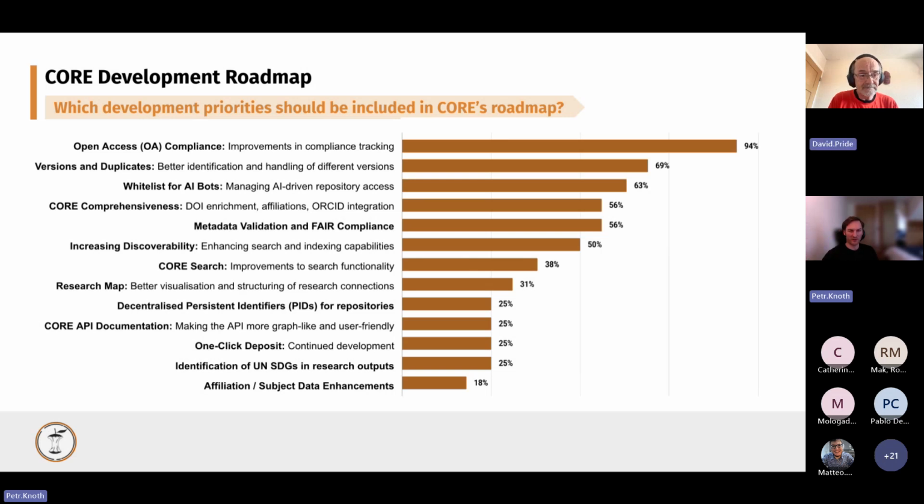When we look at the first 5, of course this will prompt us to do more work on open access compliance and more work on versions and duplicates. We will aim to improve these existing modules. For the AI bots, it will mean that we will work towards building something new and working with the community on agreeing how that new thing, for instance this whitelist for AI bots, should actually be built. It will, at this point, be in the design stage